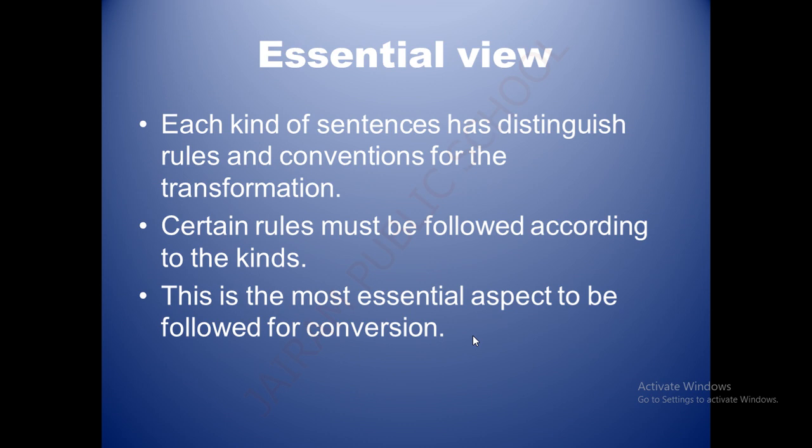Tense to be changed. We will have three tenses, present, past, future, and each is further divided into 4, so totally we have 12 tenses in English. I hope everyone knows what the 12 tenses in English are. Let me repeat it: simple present, present continuous, present perfect continuous, simple past, past continuous, past perfect continuous, simple future, future continuous, future perfect continuous. The tense changes are also there in this topic.